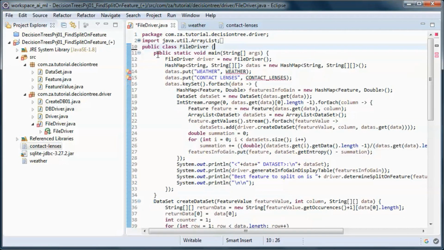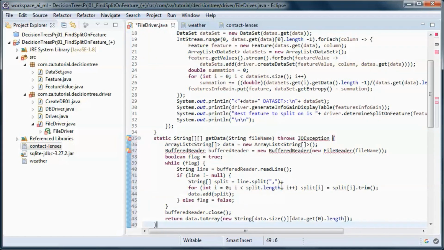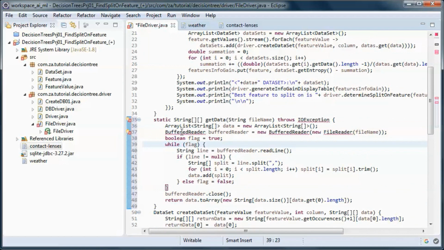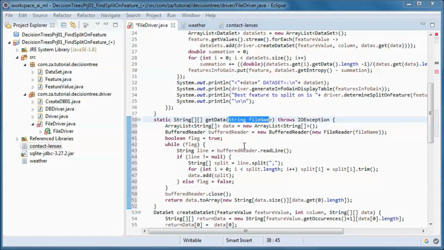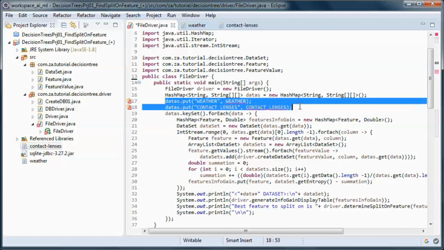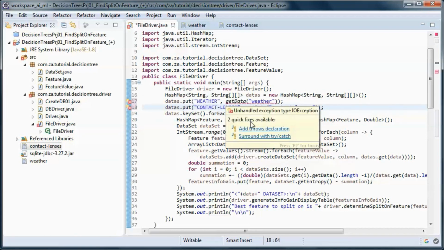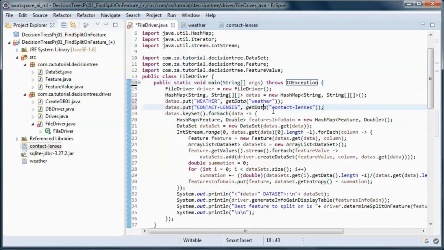And this is the code that will be picking up data from a file, given the file name, and we will call that method from here for the weather file and for the contact lenses file.